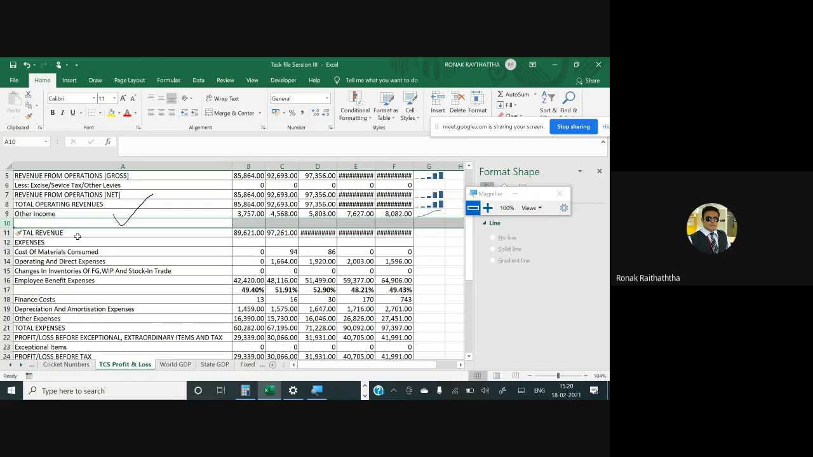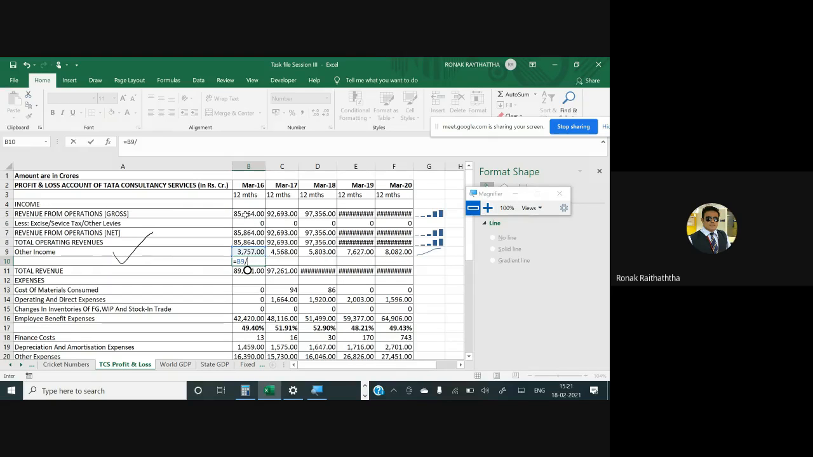So starting with the sign of equal to, selecting the other income, then divided sign, then you select the revenue from operations, enter. Just copy and paste, nothing else is needed. Once you get this percentage, then you can go to